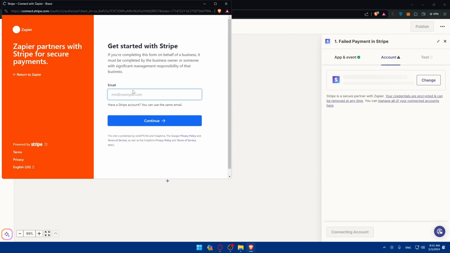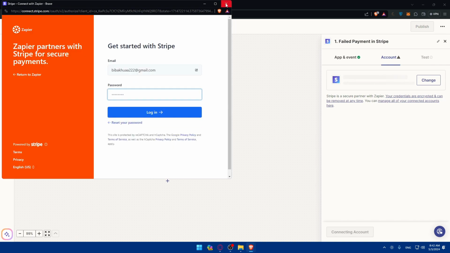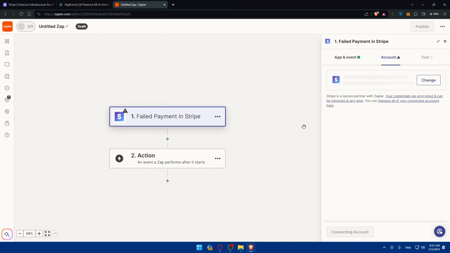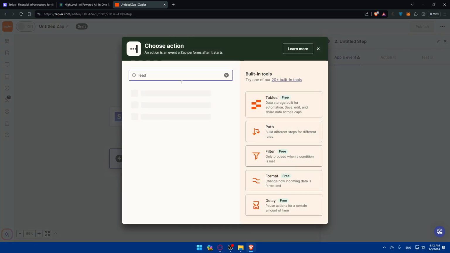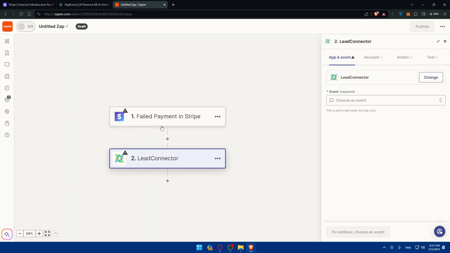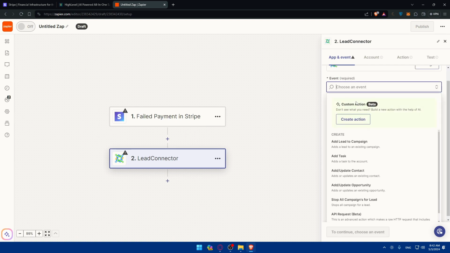So once you click on sign in here, make sure to go and sign in to that account, click on continue, of course, and follow the steps of logging in to your account. Then you'll be able to go here to test it out. For the action, we'll have to choose Lead Connector, as we said, which will let us connect to GoHighLevel for free. And here I'll have to choose the action or the events that should be done once this trigger is triggered. So I'll just choose, as an example,